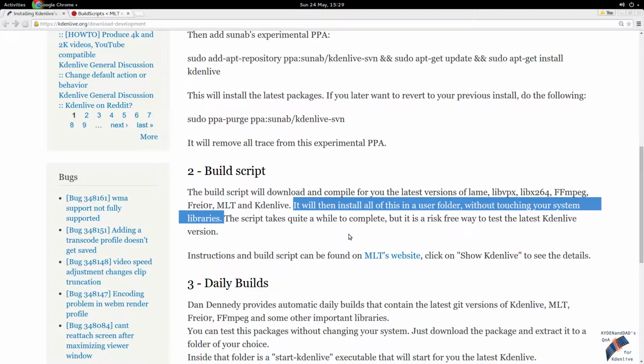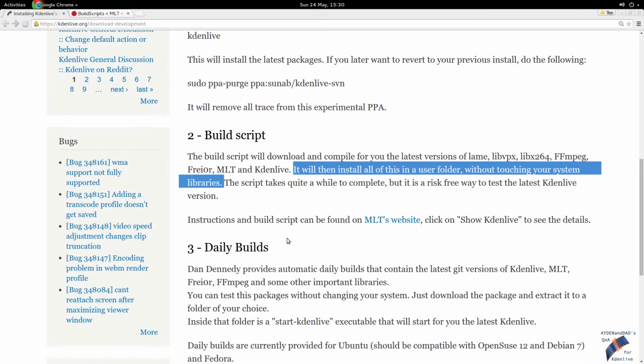If it's stable for you and it works well, you probably want to check out the new version first before you delete your old version. That is not possible if you use repositories, unless you know what you're doing on the command line and you can install a newer version while keeping your old version. We're not talking about those people, we're talking about non-technical people who might just use this video editor for their purposes. Okay, so you want to click on this link here, MLT's website, where the instructions for the build script